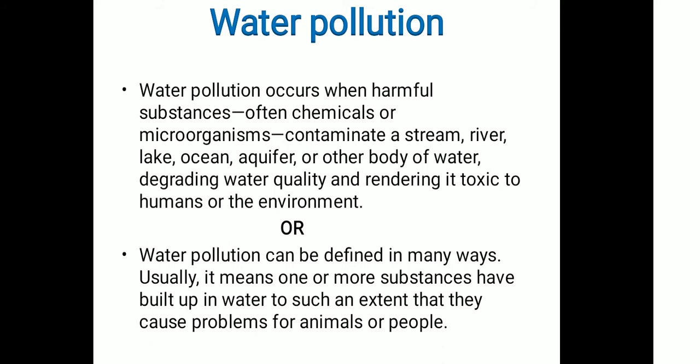Water pollution occurs when harmful substances, often chemicals or microorganisms, contaminate a stream, river, lake, ocean, aquifer, or other body of water, degrading water quality and rendering it toxic to humans or the environment. This is called water pollution. Means water quality degrades and toxic